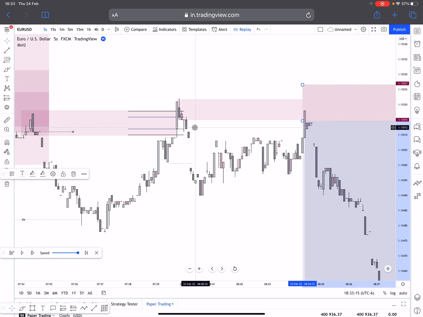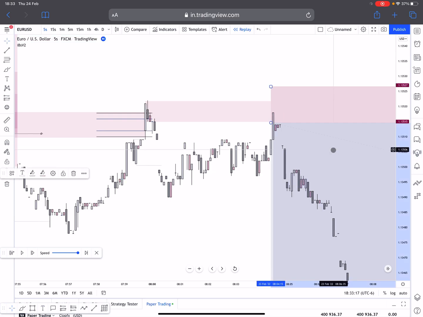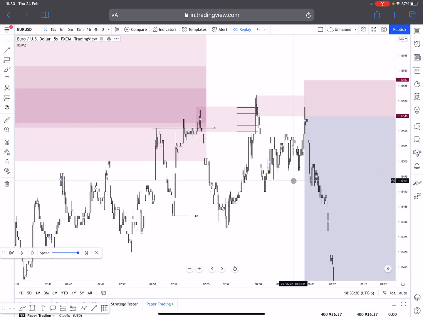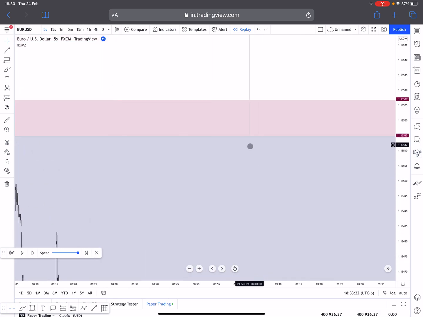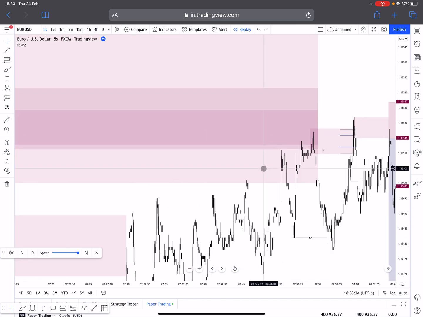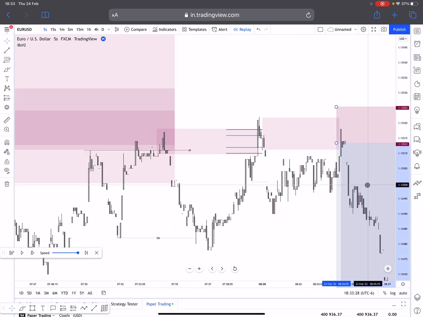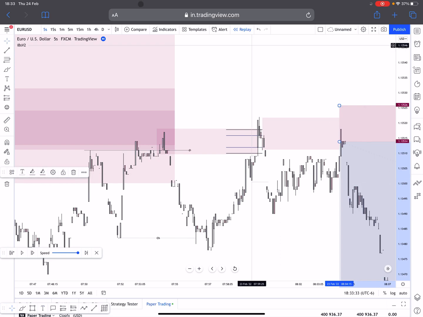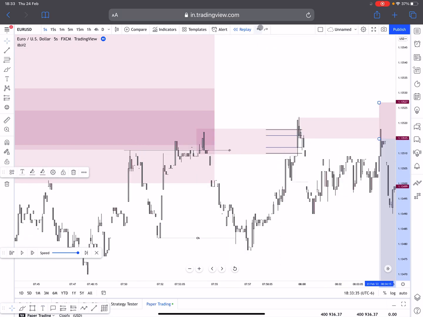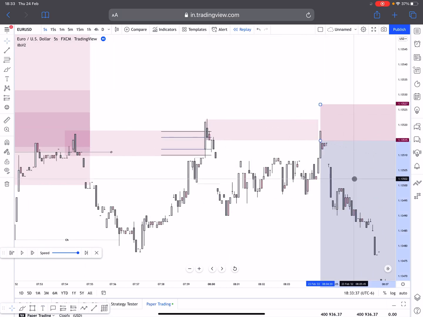If you pull out all this range, it can still be valid. My minimum pip stop loss is 1.2, not even 1 pip. You pull out all this range, it will eventually still be good, even if you play the 25. So that was my point of view, pretty much.